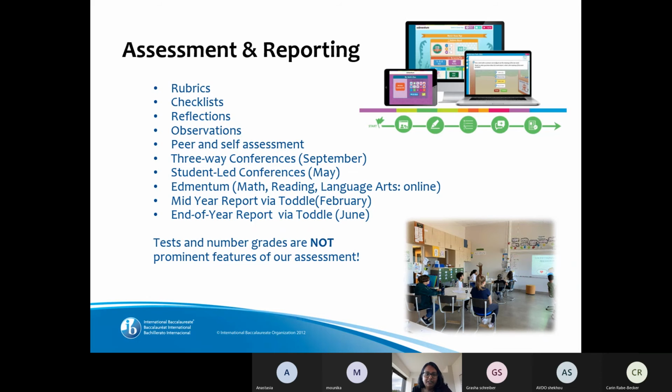We use rubrics, checklists, reflections, observation, peer assessment, and self-assessments, and these things they do when there are formative and summative assessments. We will also have a three-way conference very soon in September, where you and your child will sit together with me, and then we will discuss the strengths and the areas to improve, and we will select some goals. It's basically the students who will decide some goals for themselves that they will try and work on throughout